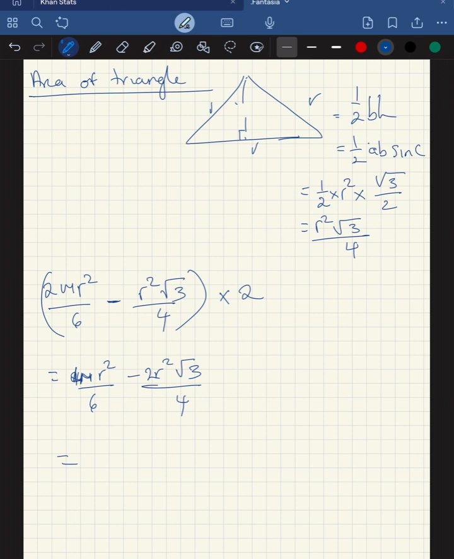Can we do some simplification? This becomes 2, this becomes 3. Oh, actually, no, sorry, what am I talking about? So this becomes 2 over 3 pi r squared minus